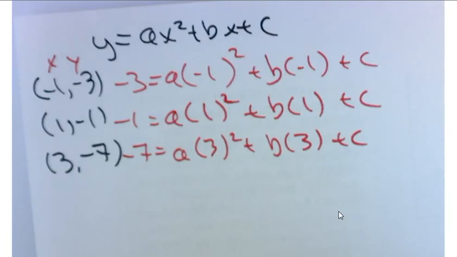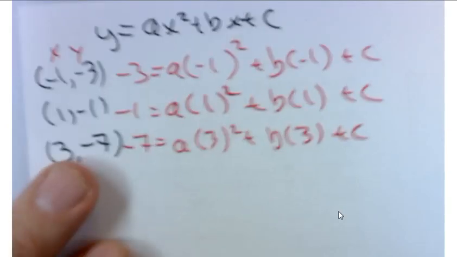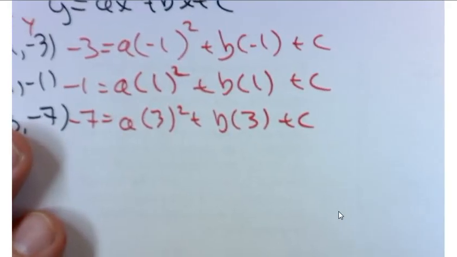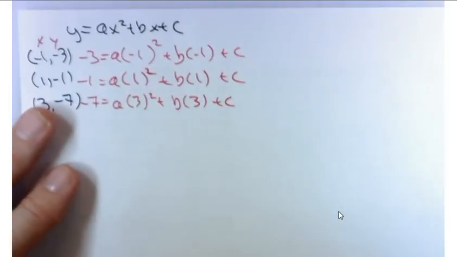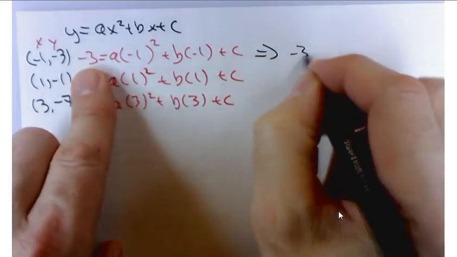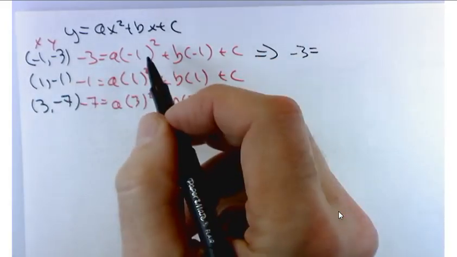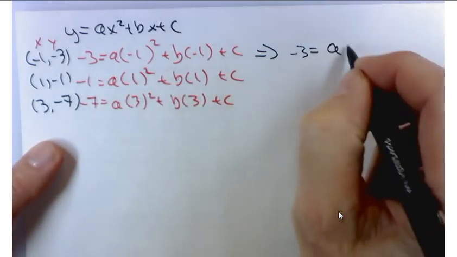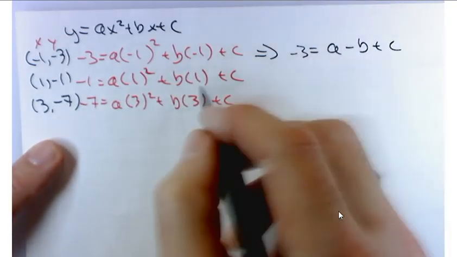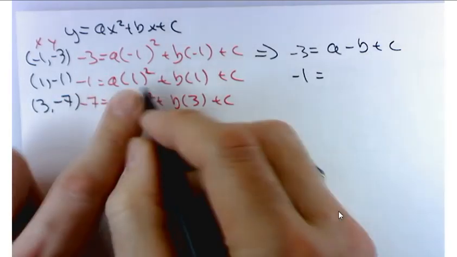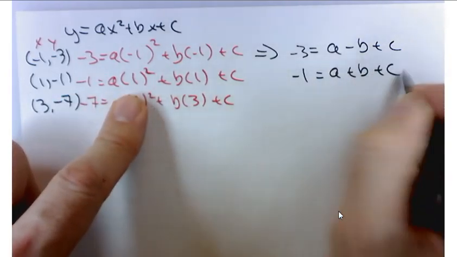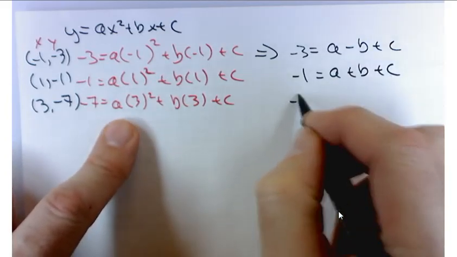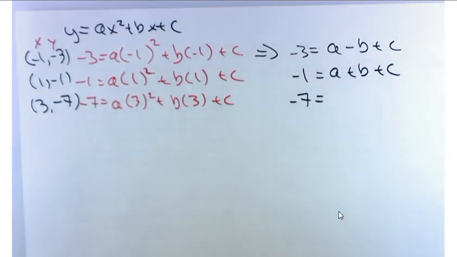Now you can and probably should clean those equations up a little bit. It's not too hard to do. So that's going to be negative 3. What happens when I square negative 1? Positive 1. So a minus b plus c. And negative 1 equals, well, a plus b plus c. And last but not least, negative 7. Can anyone tell me what negative 7 would be? 9a